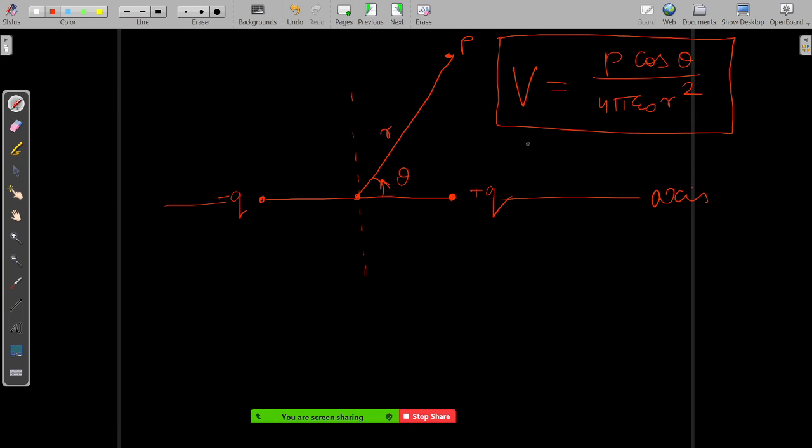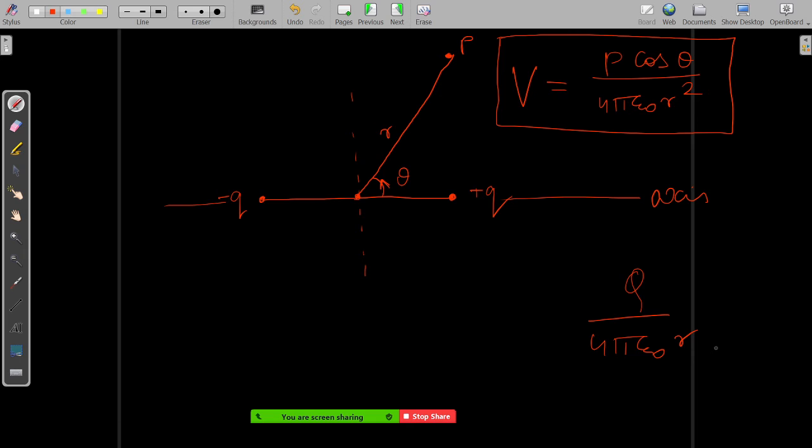This is P cos theta by 4 pi epsilon naught r square, the potential at the point. How will you remember it? Now this potential you had remembered was something like this at a distance